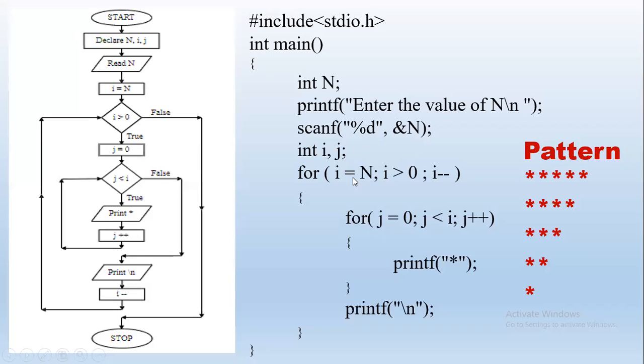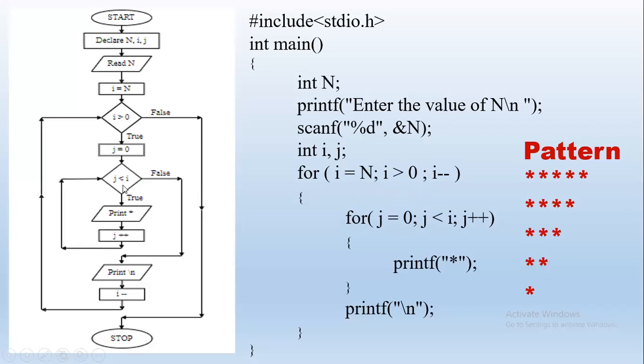So it starts from the largest value, that is n. i will start from n: i equal to n. The condition we have given is i greater than 0, in the decision symbol. Now this updation will be taken later. When the condition is true, we have to implement this inner loop. The body has to be implemented once, only then i will get decremented. So after we check the condition i greater than 0, we have j equal to 0, right? That is taken if the condition is true.